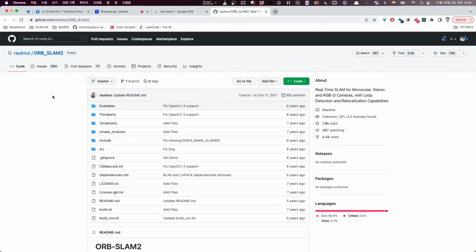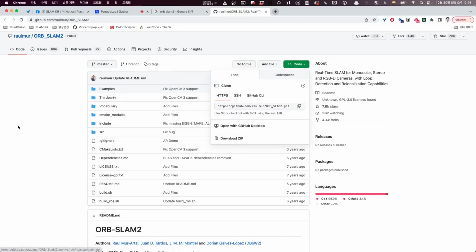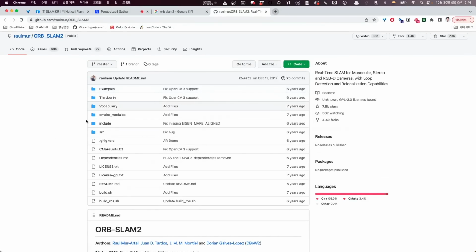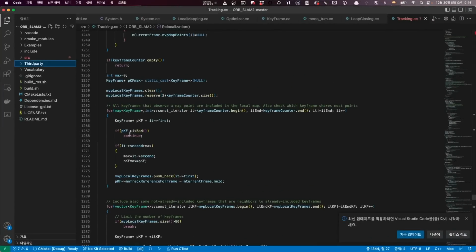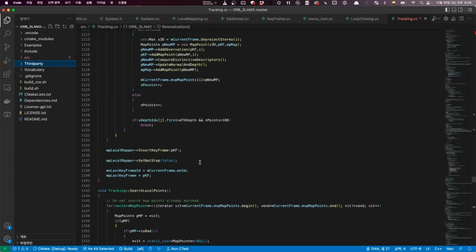Over here, they have 7.8k stars. So I downloaded it, extracted the zip file, and opened the source code over here. I'd like to explain how they are implemented